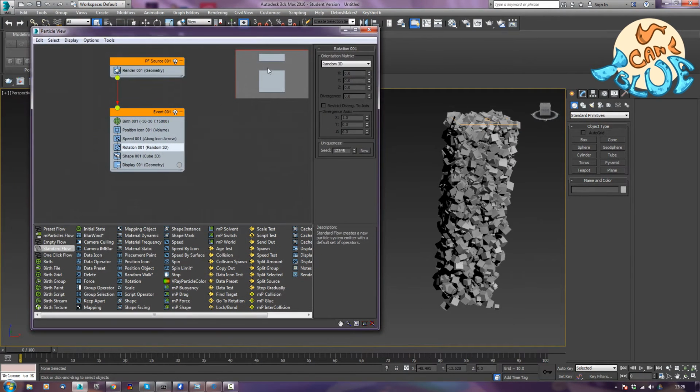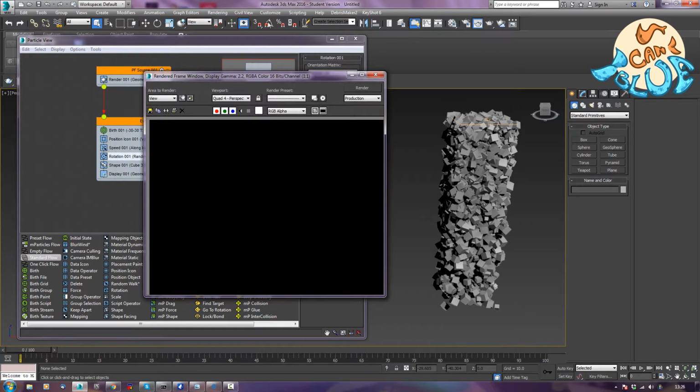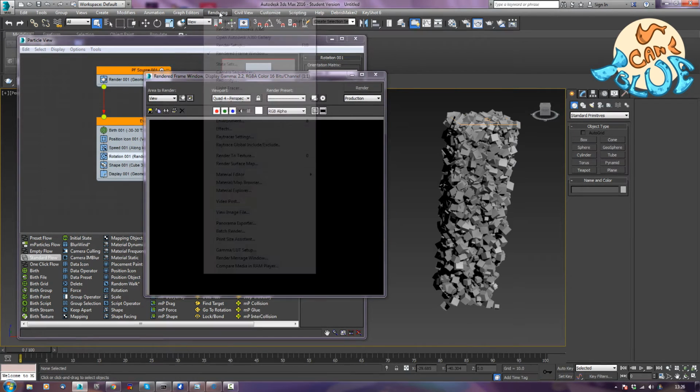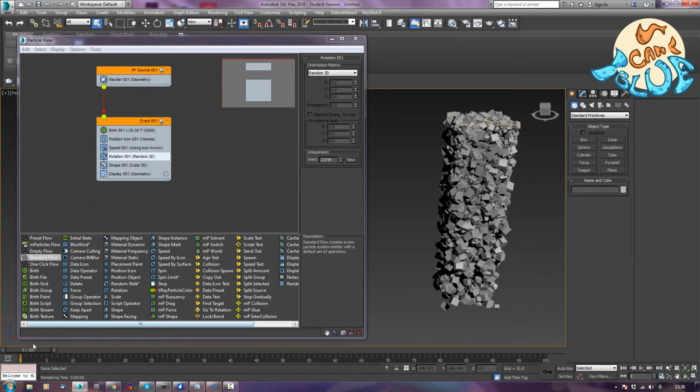And of course this is all renderable, so if you hit... I keep forgetting, of course, my hotkeys won't respond because I've got a recording tool on. Let's just hit this and rendered frame window. There we go. Rendering, render. There we go. You can see it's rendered our particles. Now, if I go back and select our pflow one here,